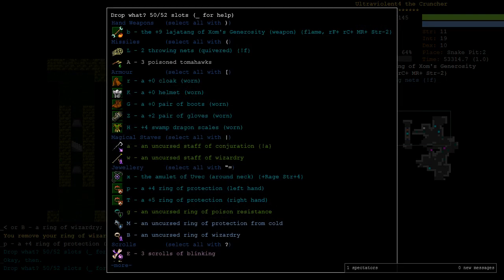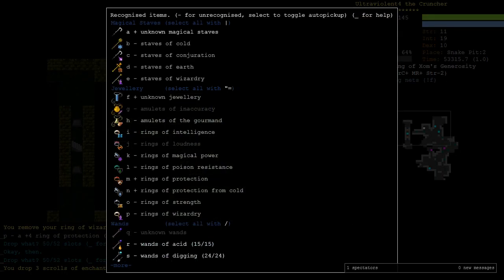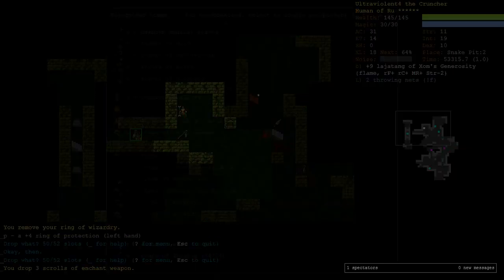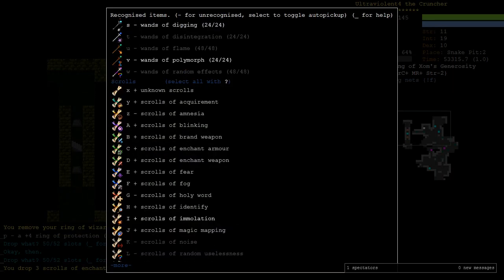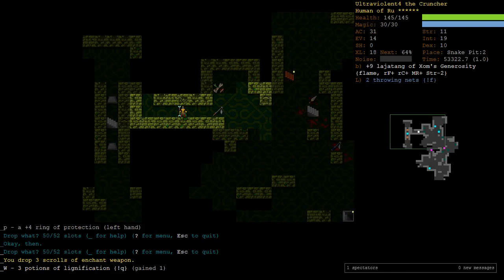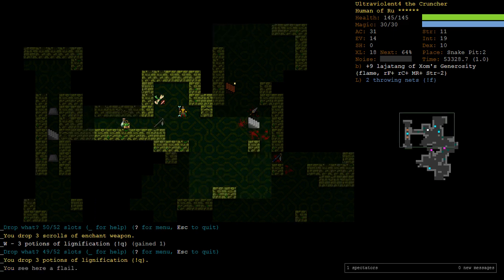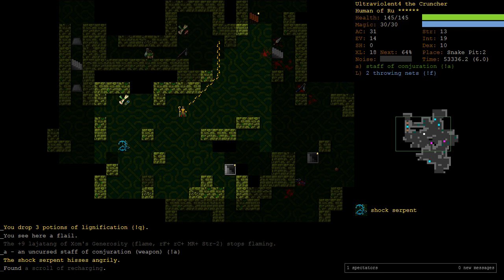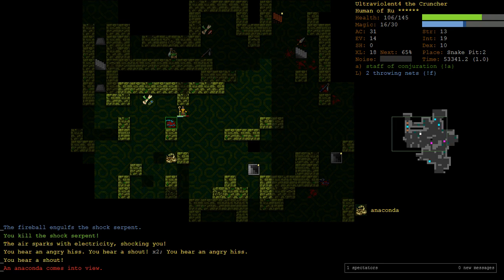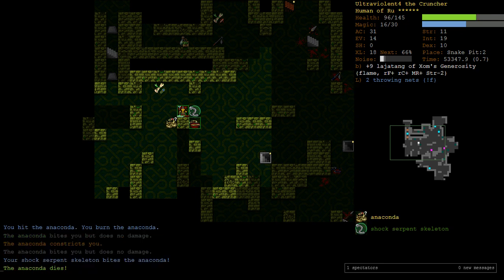I think I'm going to drop these scrolls of enchant weapon as well. I can't see us wanting to enchant or to use some other weapon, so I'm going to turn those off in my autopickup as well. If for some reason we want to enchant something, we can always just walk around and pick them all up again. Alright, if you can, you want to kill the shock serpents from range, because when you hit them in melee,